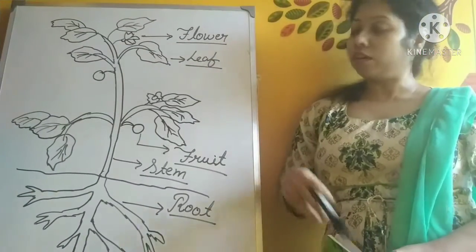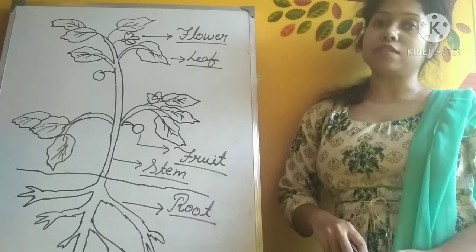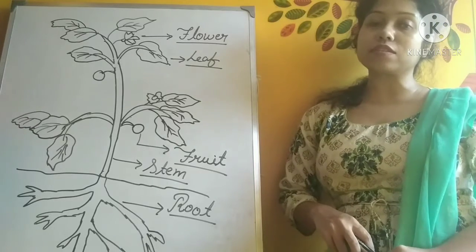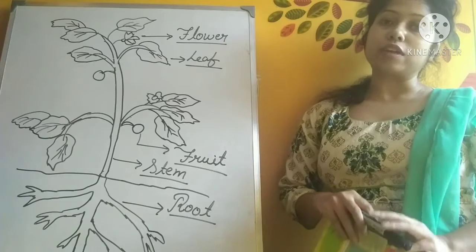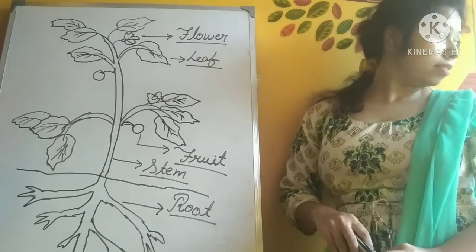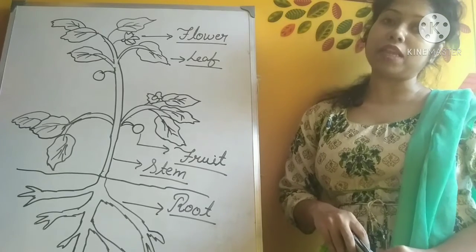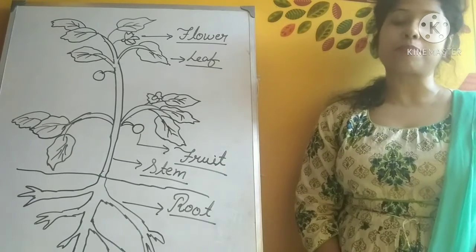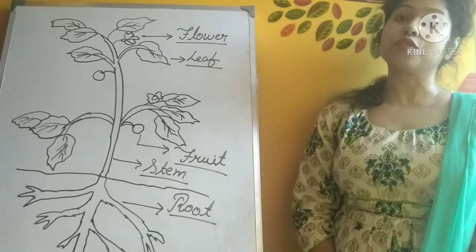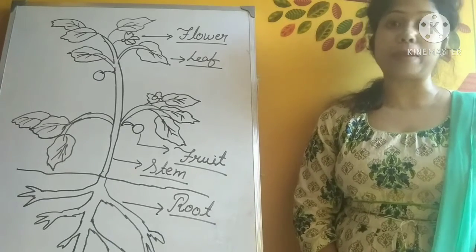Okay, so starting from the fruit of the plant, which is this one. So a fruit contains seeds. Fine. It may contain 1 seed, it may contain 2 seeds, it may contain many seeds. So there are few fruits or vegetables which contain 1 seed, and some fruits or vegetables which contain 2 or more than 2 seeds, many seeds. Fine. So as you know that mango is the name of a fruit and it has 1 seed. Apple and oranges has few seeds, right? And fruits like watermelon and papayas have many seeds.